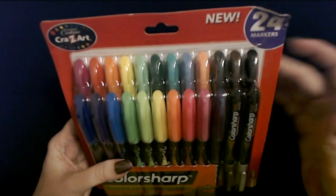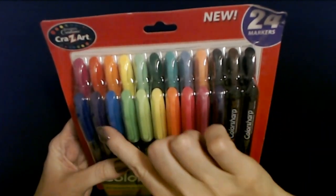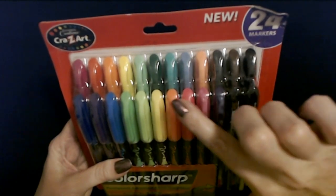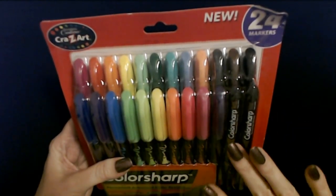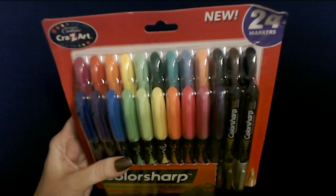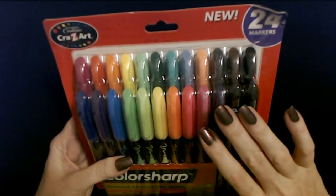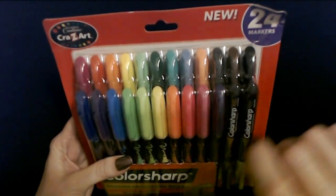But see, here you have the neon colors and the bold colors. And I guess these back here are the classics. I guess. I'm not really sure, but it's a beautiful array of colors. It's just absolutely splendid. I love this. I was really impressed with the quality of the markers and how the color is beautiful, and they just go and go and go, and they don't dry out. Of course, you want to make sure to keep the caps on them, but they work and work and work